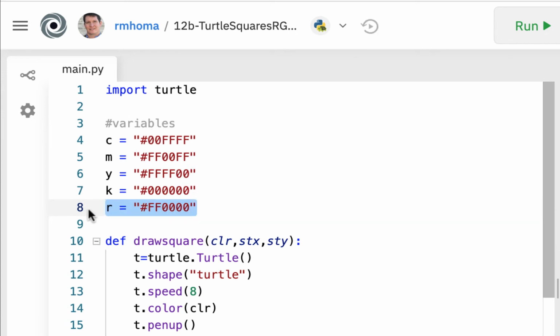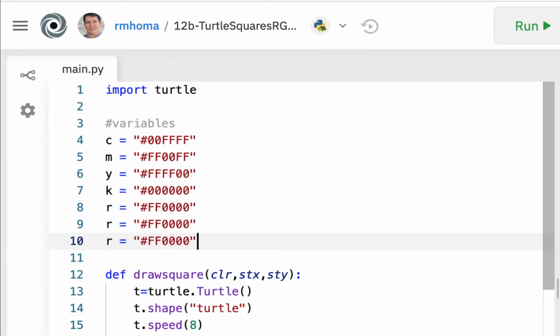Now I'll just copy this. That might be easier. It might not. And I'll paste that, and I'll paste that again. Now keep in mind, whenever you do multiple pastes like that, that's when you forget to do something. So make sure you change these right away. That's the R. There's the G, and there's the B, and make sure you change this one. So G is just going to have FF in the middle, and B is just going to have FF at the end. So each slider's up, so the R slider, the G slider, and then for gray,